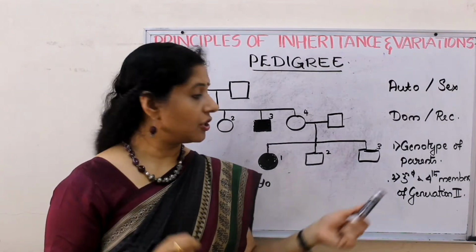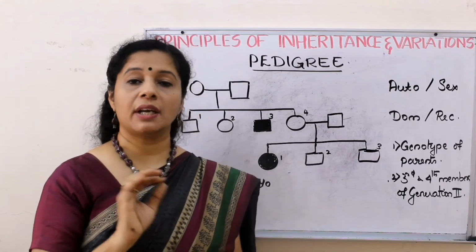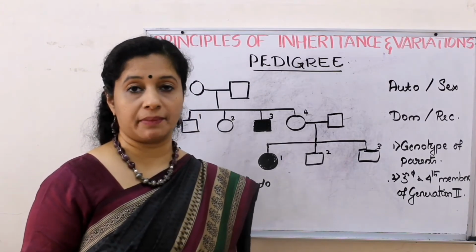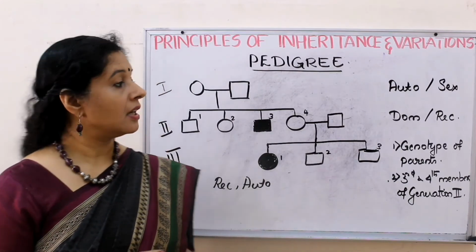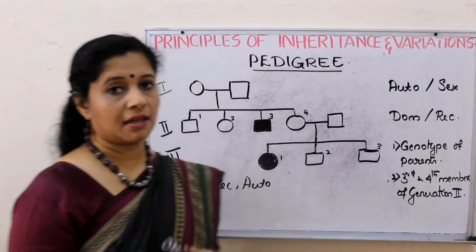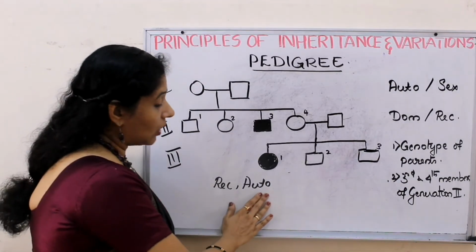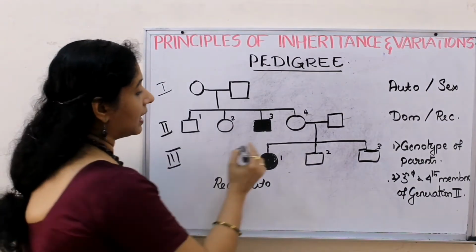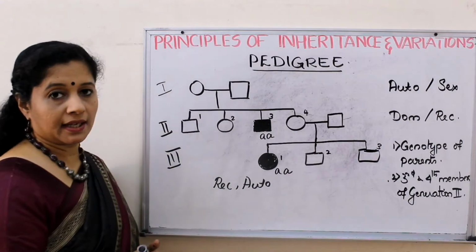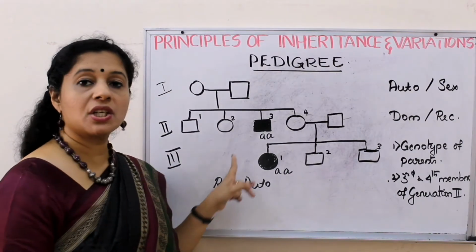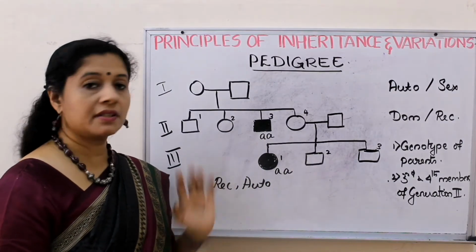Next question is to write the genotype. If it is autosomal, you can go for an alphabet, capital A as dominant, and for recessive, lowercase small letter a. So let us see the genotype of parents. But before that, from what we wrote here, we wrote it as a recessive autosomal trait. So we can write these 2 individuals have the genotype small a small a, because the recessive condition will express only in a homozygous condition. Right. So that's our first clue.